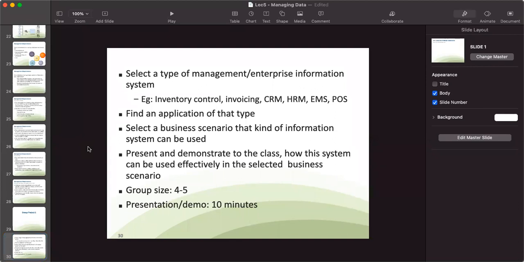form groups first, right? 4 to 5 people. Since your batch is composed of 90 students, if you go with 5 people per group, then it will be 18 groups, no? That will be convenient, right? So